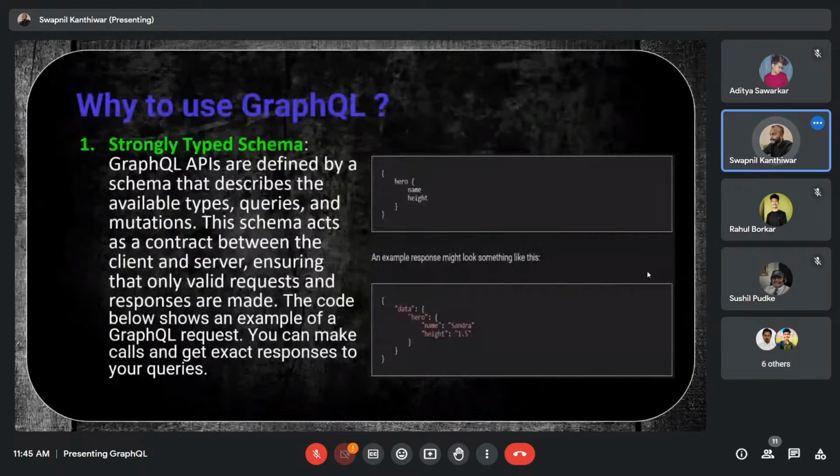Then, why use GraphQL? There are some main points. The first point is strongly typed schema. In that, GraphQL APIs are defined by a schema that describes the available types, queries, and mutations. This schema acts as a contract between the client and the server, ensuring that only valid requests and responses